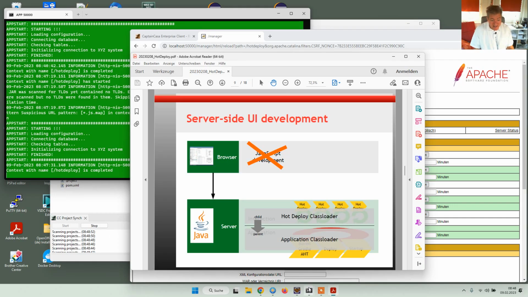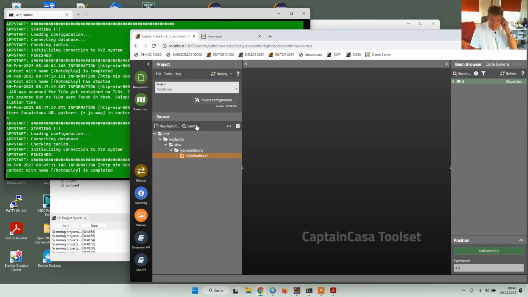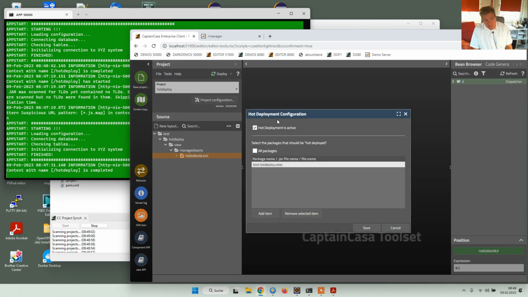So I will show you how it is defined. In Captain Casa, there's a project definition, and in this project definition, I just navigate to it. So this is the sign tools of Captain Casa. You see there's an area hot deployment. And this hot deployment is activated,